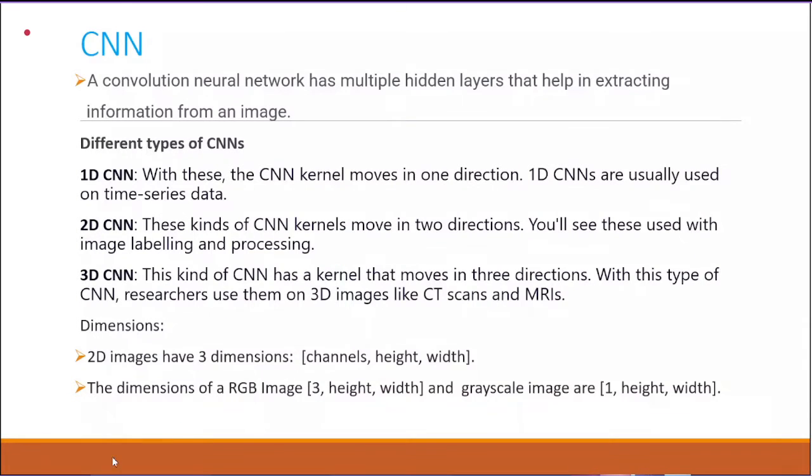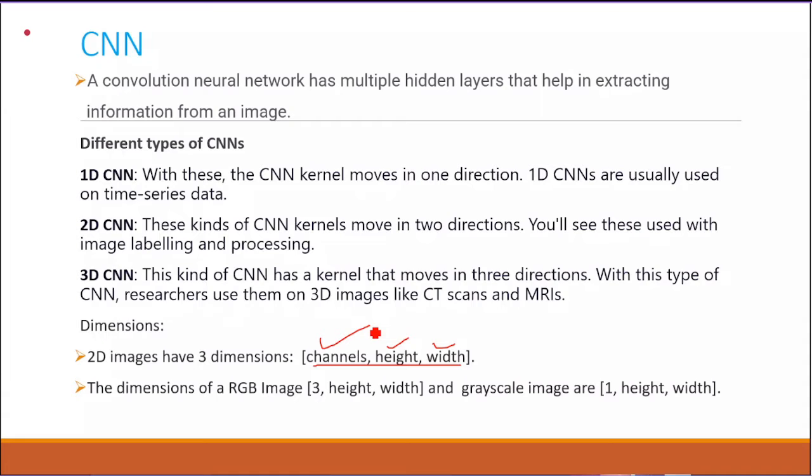Okay, so when you consider 2D images, generally we have 3 dimensions. One is the channel. 2D means height and width, and 3D means we have depth along with it. But here we consider grayscale and RGB images in 2D. So first we have the 3 dimensions, including the channel. The first are the height and width of the image, which is the pixel resolution we represent. The channel represents the colors, whether it is a grayscale or RGB image.